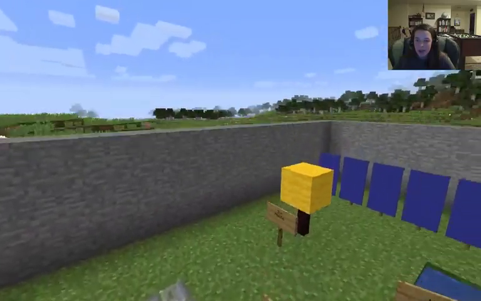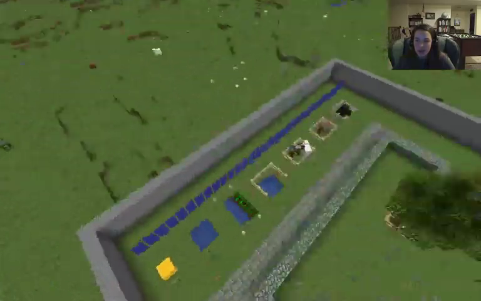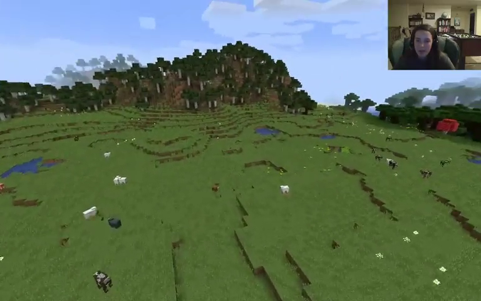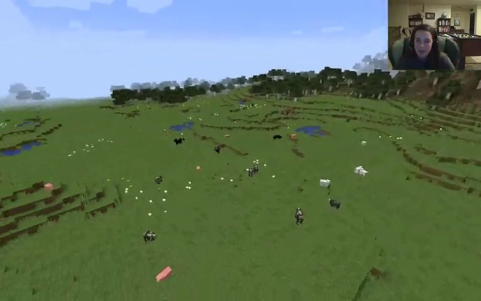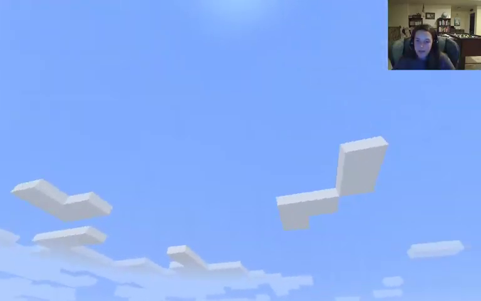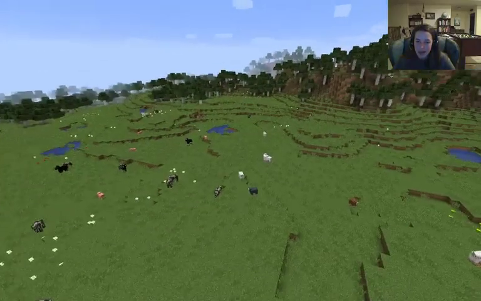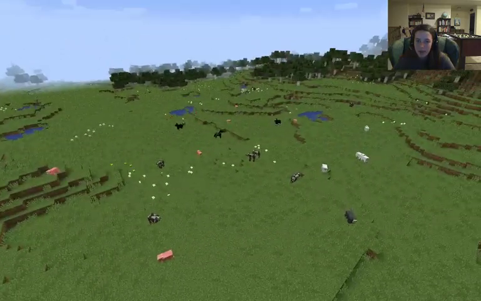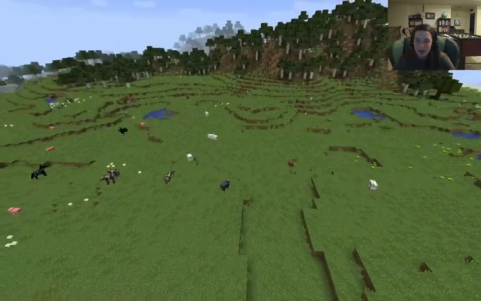So now we're going to take a look at the actual ecosystem and not just this exhibit that I made. So here is the Flat Plains ecosystem with all the grass, and the sun is somewhere. There's the sun. And all the animals just doing their own thing and living their life.